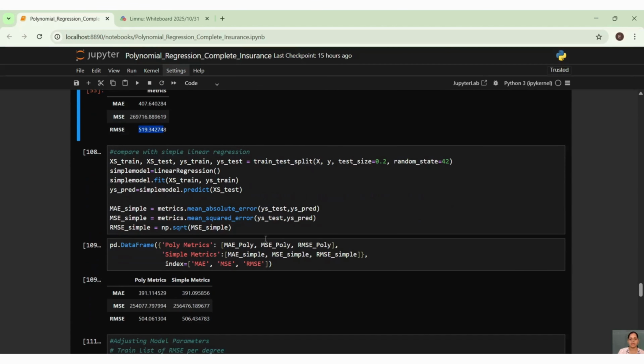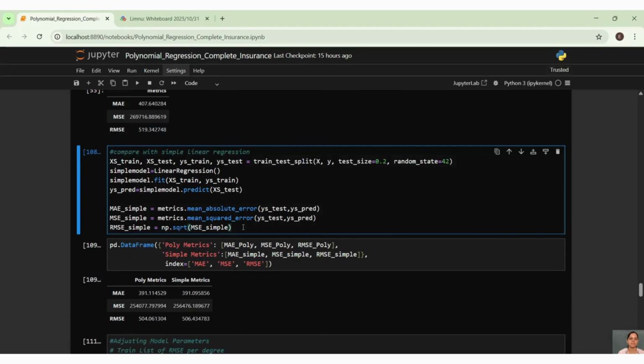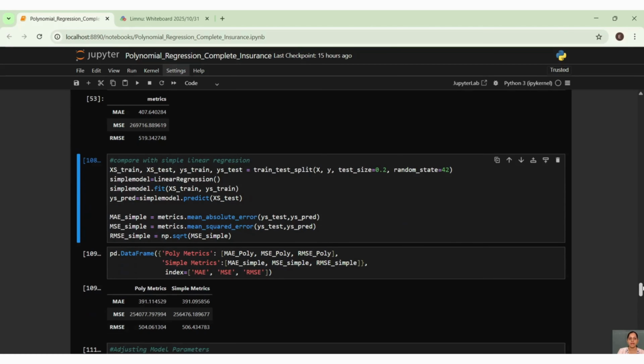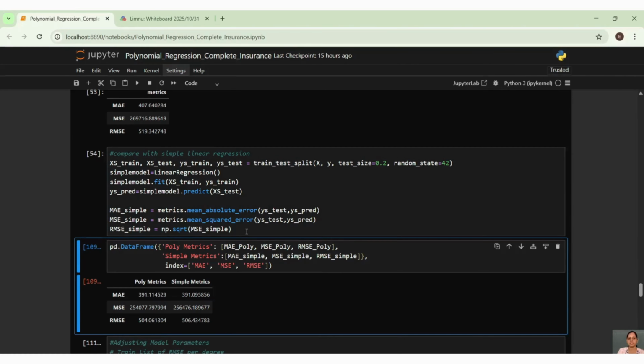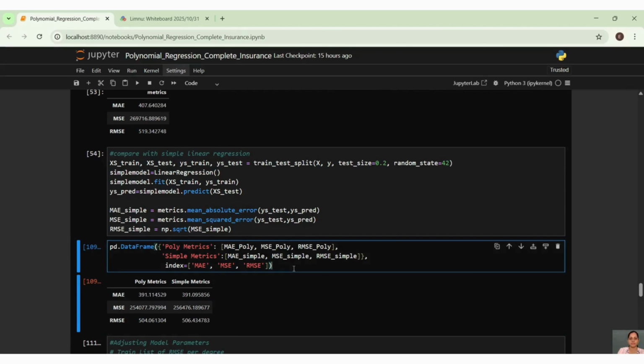Then we will compare with simple linear regression. Here I have got my polynomial, and we saw the polynomial. Now we will use this simple linear regression concept and we will see how it comes.